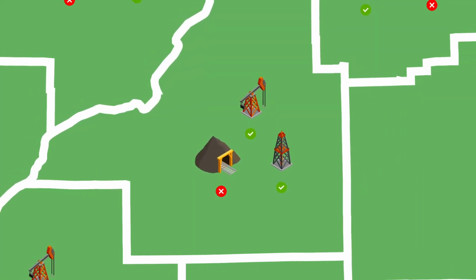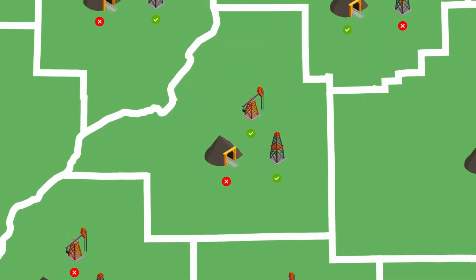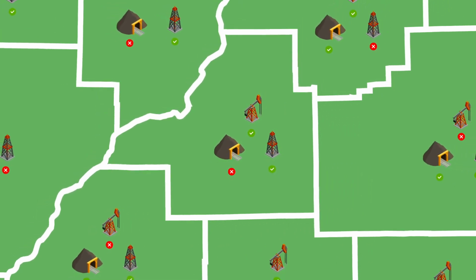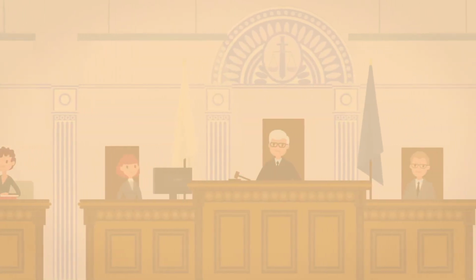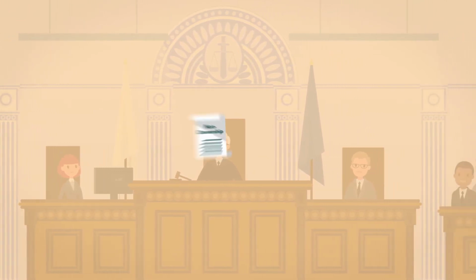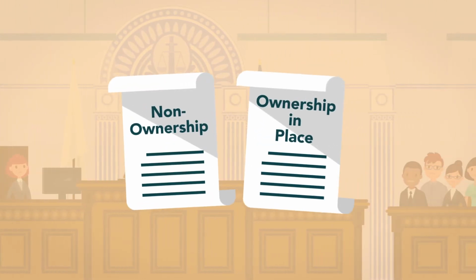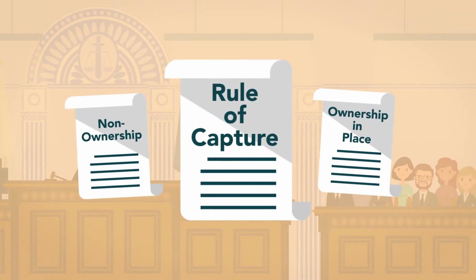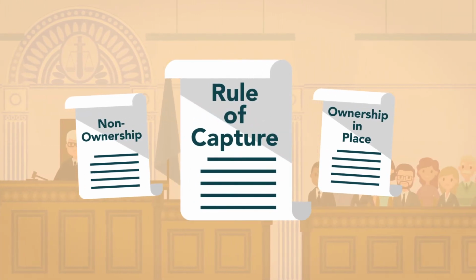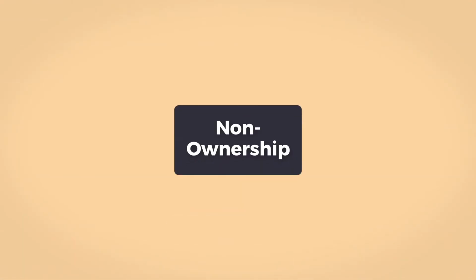Petroleum and mineral extraction rights vary by jurisdiction. However, among the states that have taken up the issue, courts follow one of two theories of oil, gas, and subsurface mineral ownership: the non-ownership theory or the ownership in place theory. Both of these approaches rely on the law of capture to clarify subsurface mineral property rights, but they do so in slightly different ways. The non-ownership theory, also sometimes called the right to take rule, applies the rule of capture